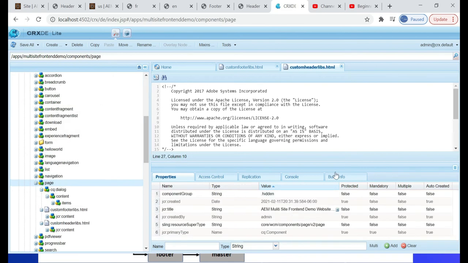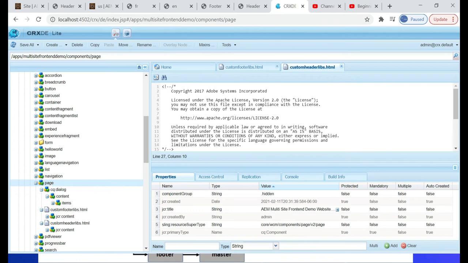Let us now enable additional field to the page properties dialog. Through this, the authors can configure the required theme. If required, this field can be enabled as a drop-down list with all the list of predefined themes. Also enable this into all the pages if required. Let me quickly go into that.